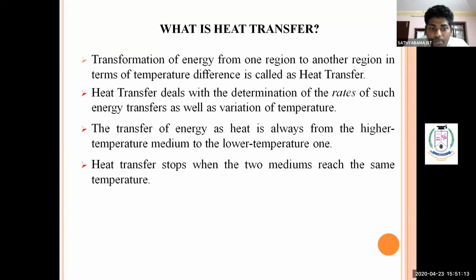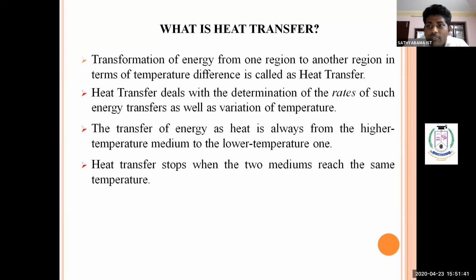So the next and final point: heat transfer stops when two mediums reach the same temperature. What is this point? Heat transfer stops when the two mediums reach the same temperature. This is otherwise called equilibrium. Assume I have a temperature of 31 degrees Celsius. If someone sitting near me has a temperature of 29 degrees Celsius, then after some time, and the room temperature is 34 degrees Celsius,